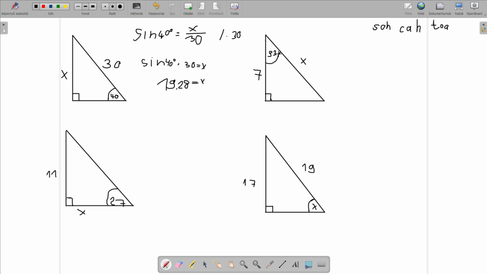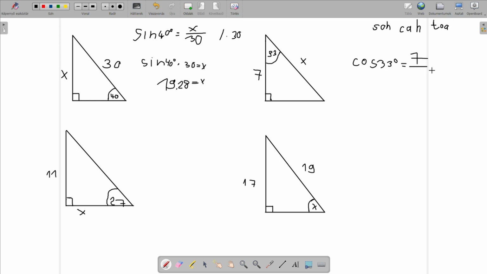Next one, we have a 35-degree angle here. Sorry, I'm talking, it's not 35. It's 33. So this is a 33-degree angle, and we have 7 as a side and x. So which trigonometric function works with the side which is adjacent to the hypotenuse? It is the function cosine. So the cosine of 33, we will get a value for that in a minute, is going to be equal to